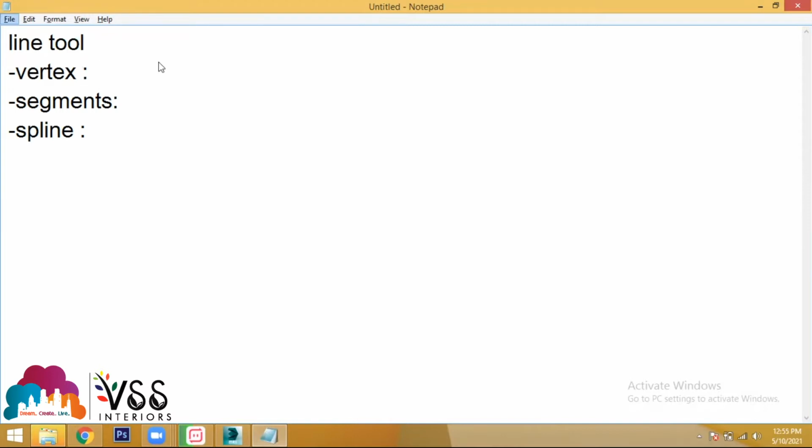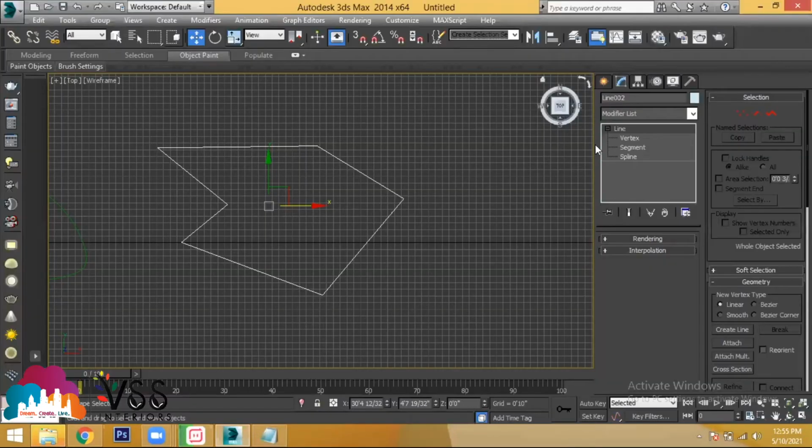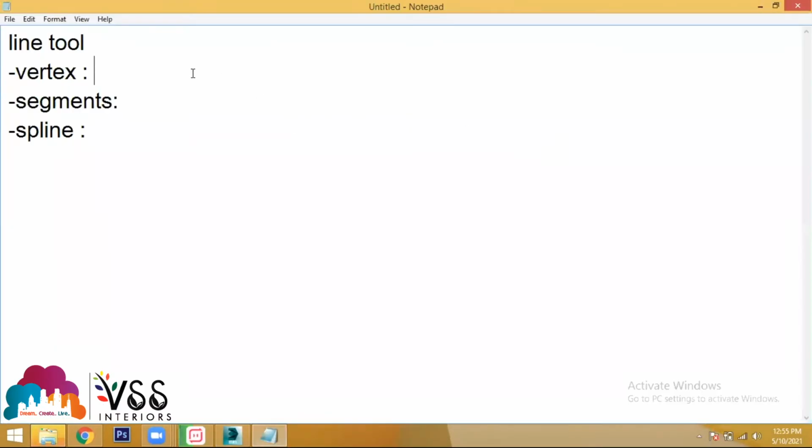What is the first type of selection? That is what is called vertex. Vertex is nothing but selection of corners, the endpoints of the object. Selection of endpoints of the object is nothing but called vertex selection.